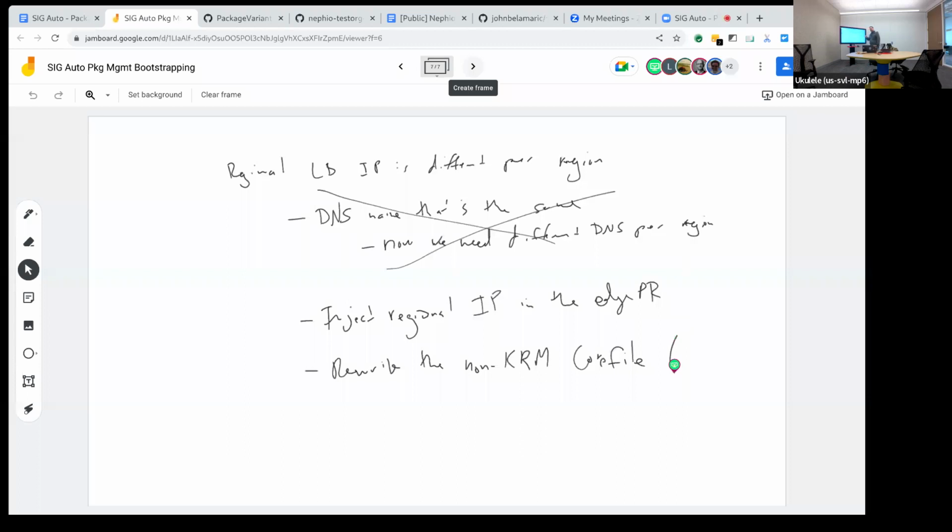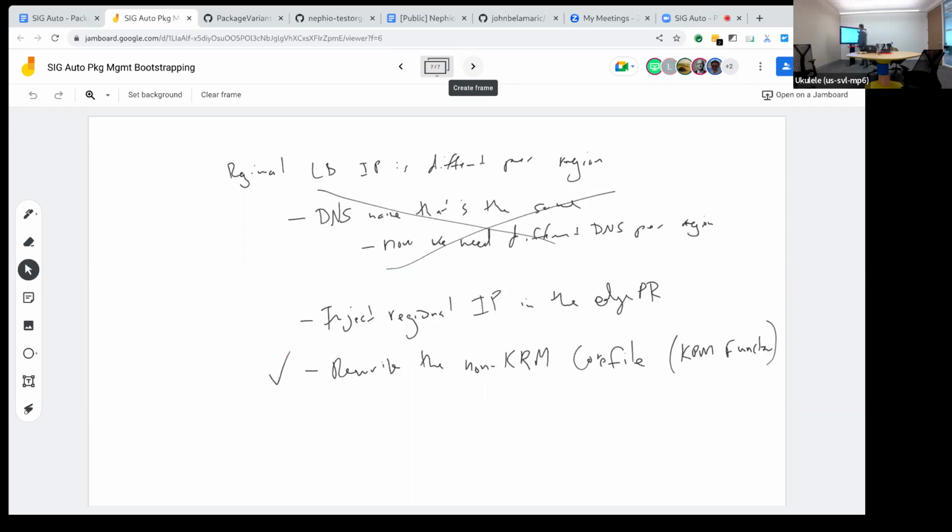If we had the IP address in the package, we could solve this one with a KRM function. So for purposes of discovering Nephio requirements, this one's a check off, in my opinion. Then the question is, how do we inject the regional IP into the edge package revision?